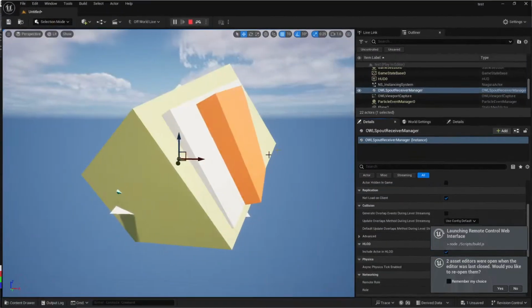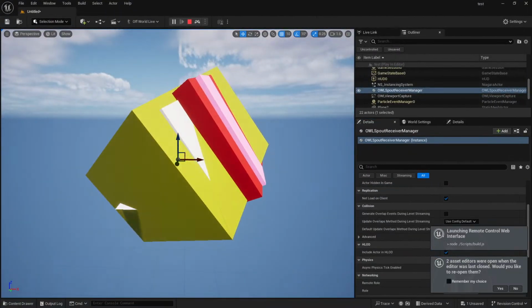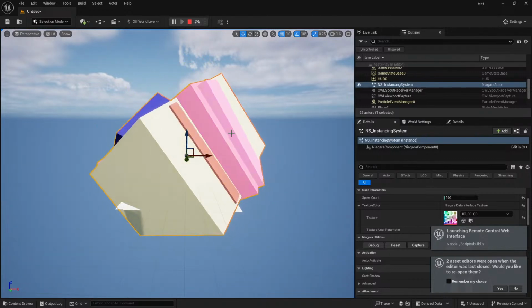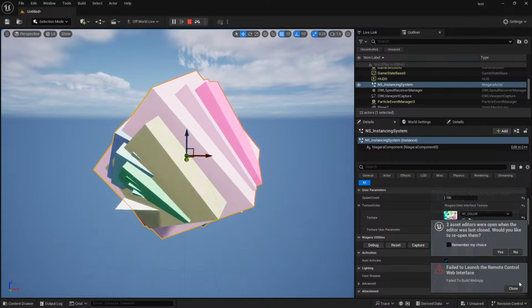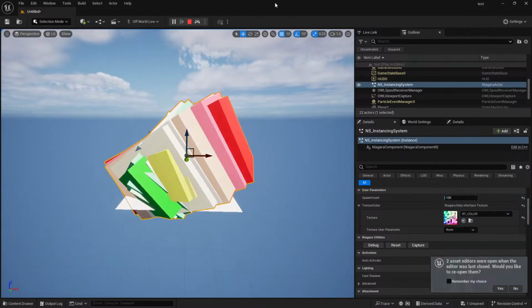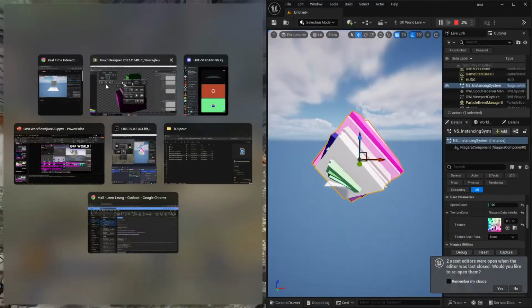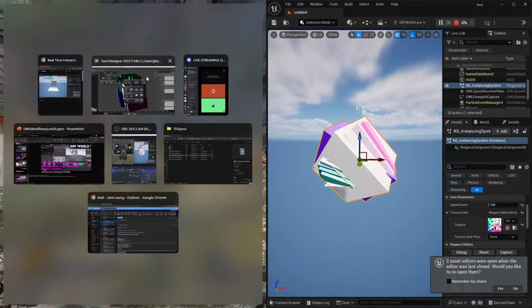So we have a bug here. I think it's an editor bug. It's nothing to do with the project. But as you can see here, if I split my screen side to side,